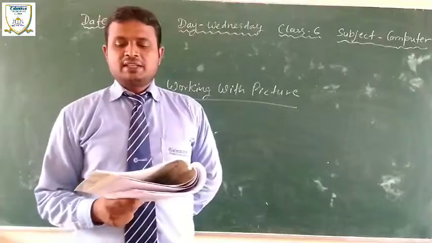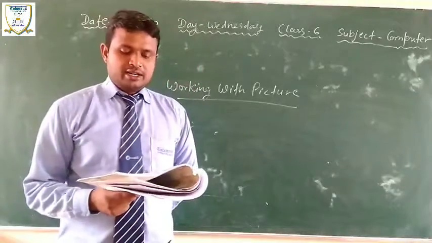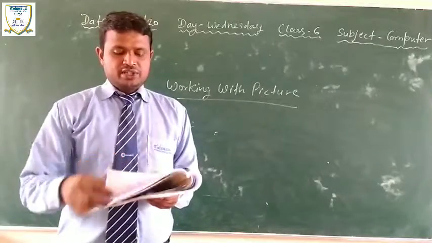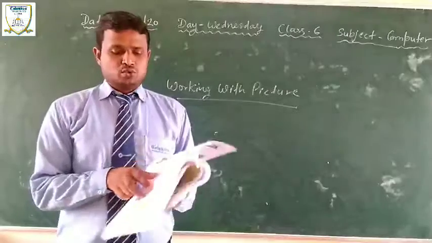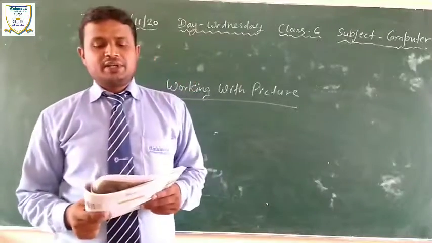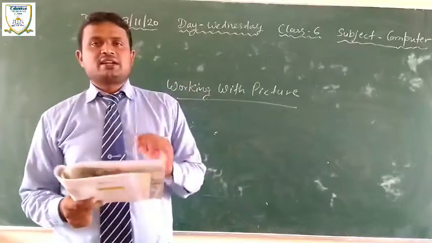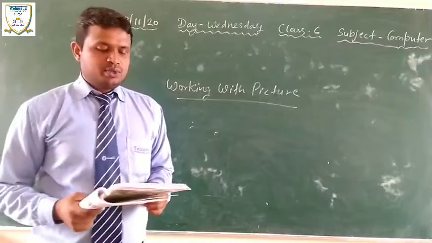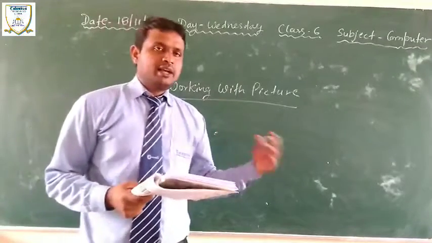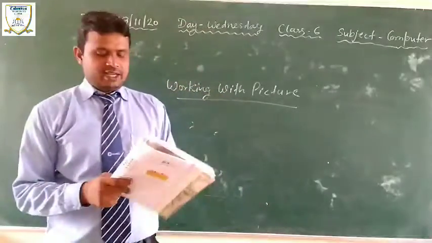Aligning a picture. By aligning a picture, you may set your picture to the top, bottom, left or right. And resizing a picture. Resizing is a feature by which you make your picture smaller or greater. Wrapping text around a picture is a feature by which you wrap your text beside the picture. Setting pictures as a background. When you apply a picture as a background, then the text is above and the picture is in the background.